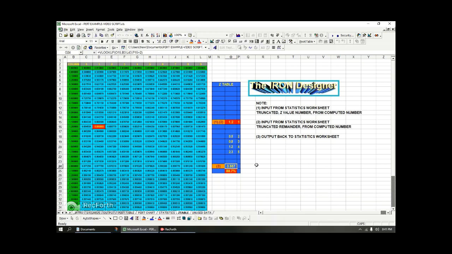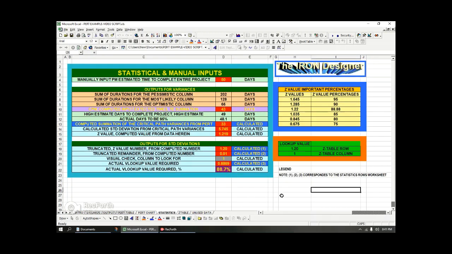right now, we're only computing a 1.21 standard deviation. We showed him the Z table, and he says, well, okay, you know what? I'll just get it done in 50 days, all right? And he's kind of quick to answer you, and you're the project analyst. So you put in 50 days in there,